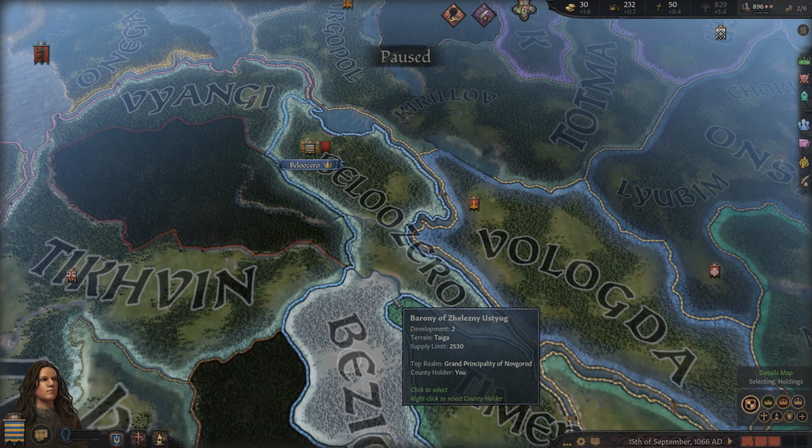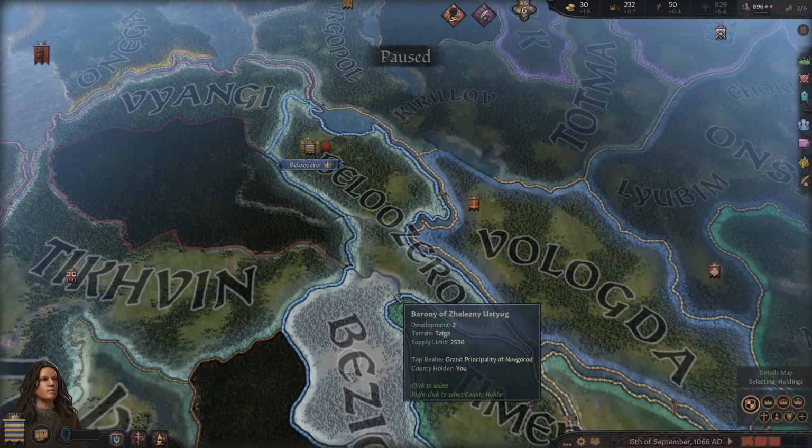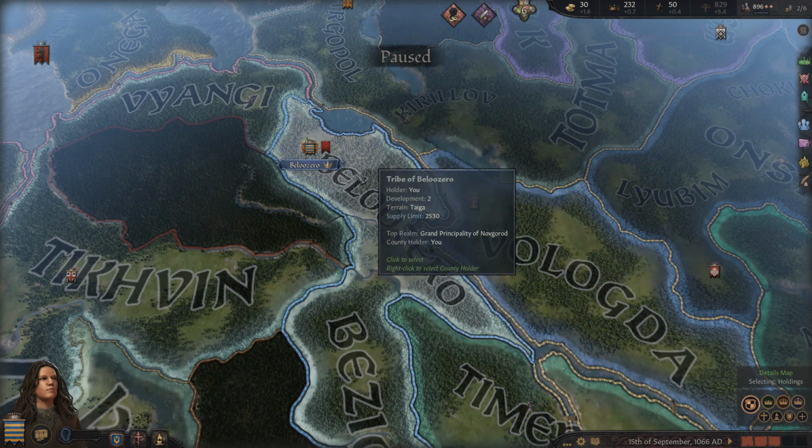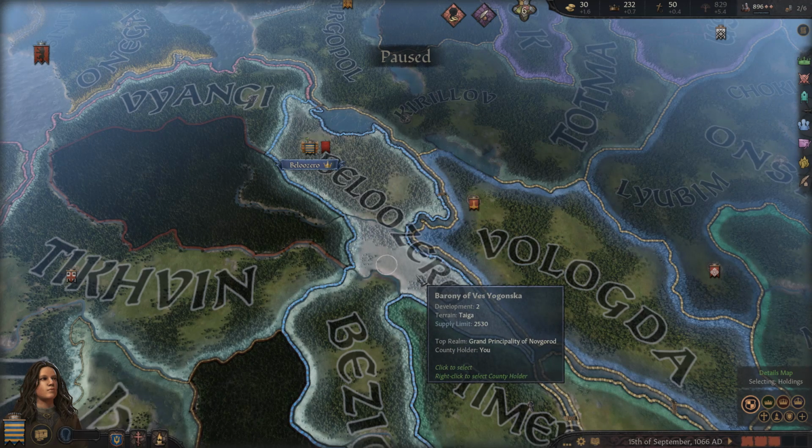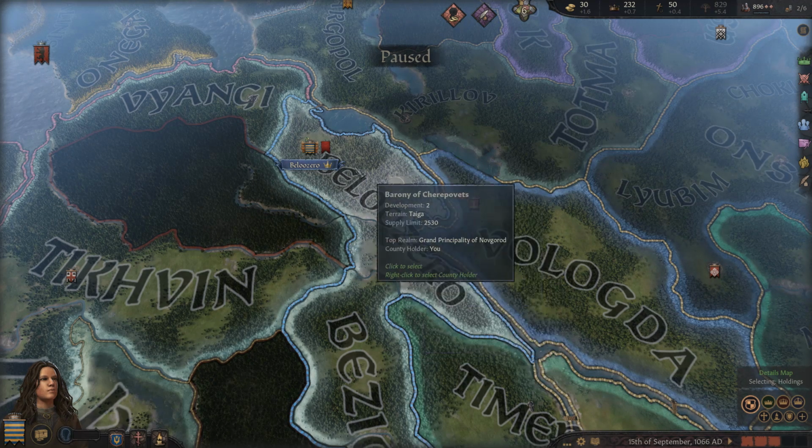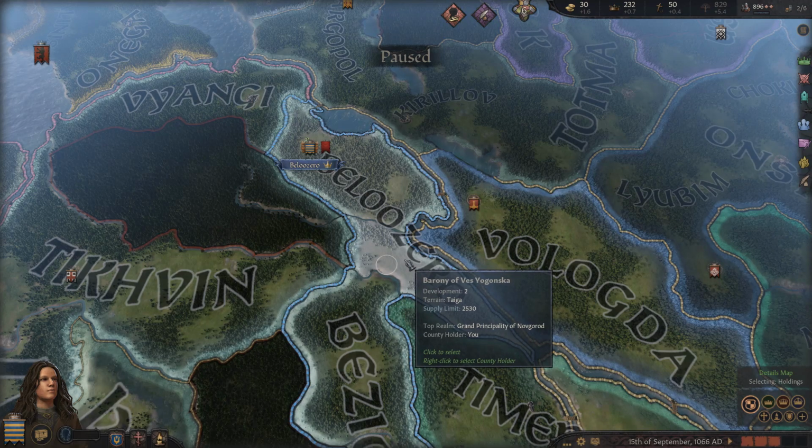So you have to actually make the decisions to increase development. But again, it can only happen to a certain point. You're very, very limited in what you can do. Tax and levy development actually increases due to your level of fame as a tribal ruler and not how you develop your counties. Whereas if you're feudal, fame is great, but developing your counties is really how you can make